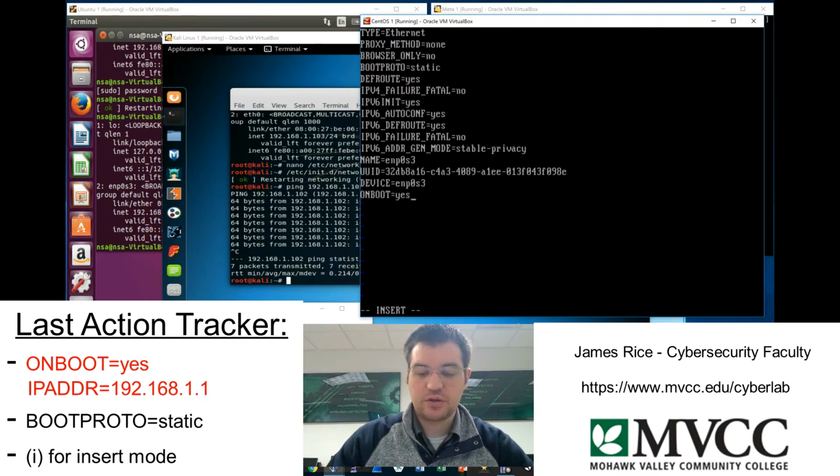I want it to be a statically configured device that turns on when I turn on my computer. Next, I'm going to add in another line, IPADDR, and this is going to be the IP address that I want. Now, this one particularly is going to be my externally facing router connection. So I'll make this one 192.168.1.1. Okay, so that's going to be my 1.1 router. That's what I'll use this